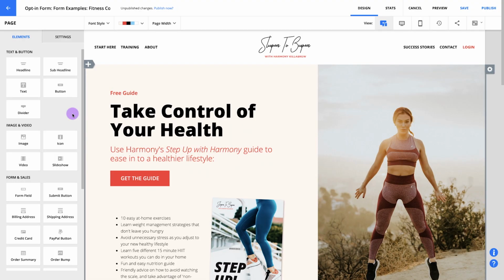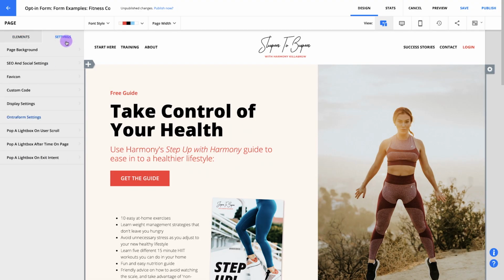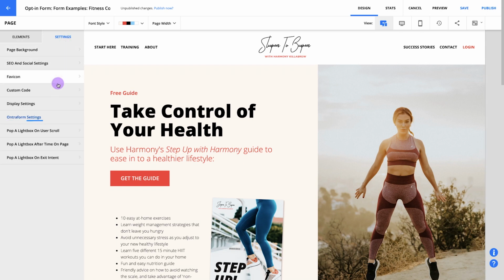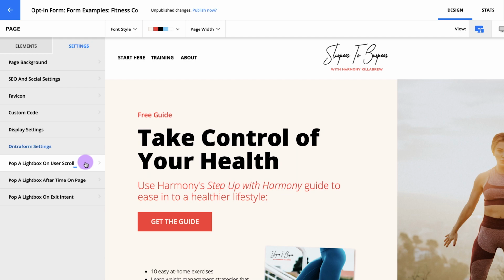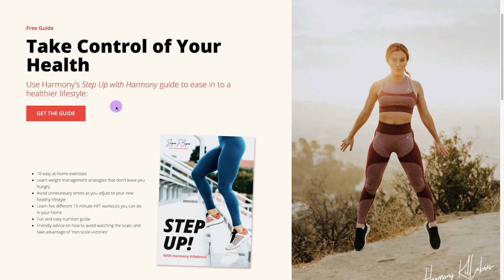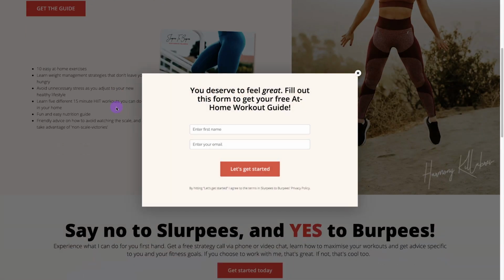Navigate to the page you want your pop-up form to appear on, then go to Page Settings on the left. Then under Ontraform Settings, you'll see three options at the bottom. The first is Pop a Lightbox on User's Scroll. This option allows you to make a form pop up when a visitor scrolls down a certain percentage of